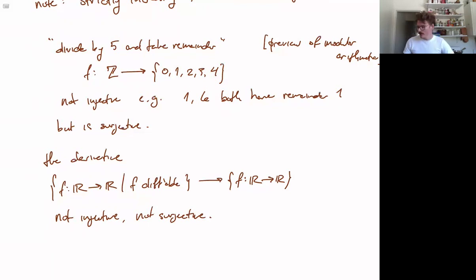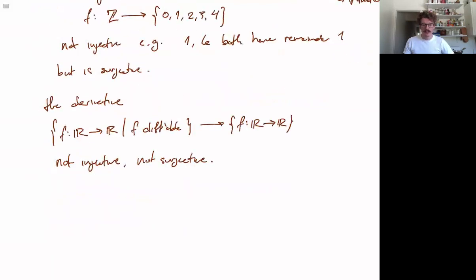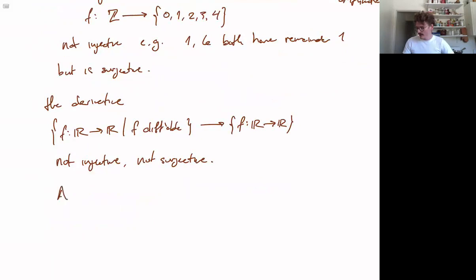And finally, I want to revisit another question that came up last time, which is that, is A cross B the same thing as B cross A? So remember, this is the Cartesian product, which consists of ordered pairs of one element from the first set and one element from the second set. So let me elaborate on the answer that I gave last time. These sets are not equal as sets, but